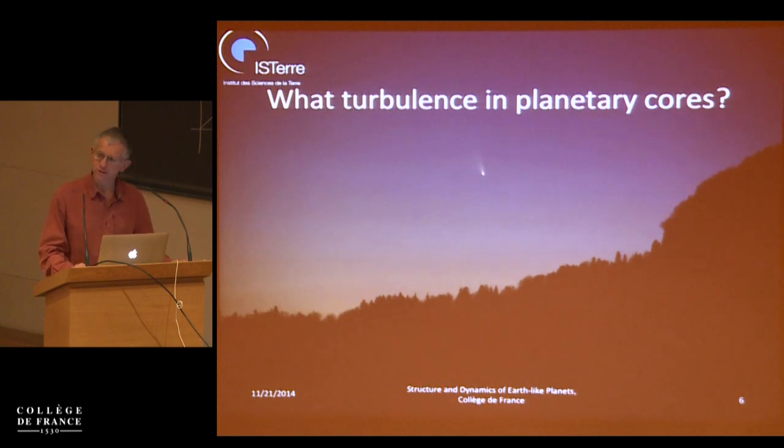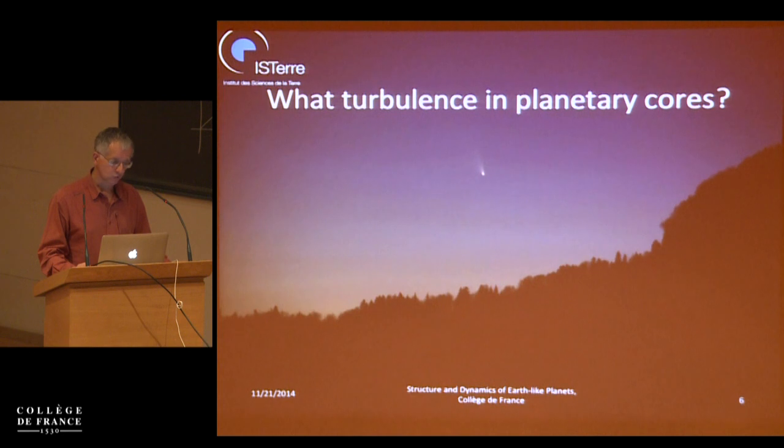What I've just shown is really quite far from what happens in planetary cores for at least 2 or 3 reasons. One is that usually planets spin around their axis, so there is rotation involved and it plays a strong role. A second one is that many of these planets have a magnetic field, and that also has some impact on the organization of turbulence, we suppose. And also, the turbulence which we are interested in happens in a spherical shell, or some kind of spherical geometry, which also plays a role.